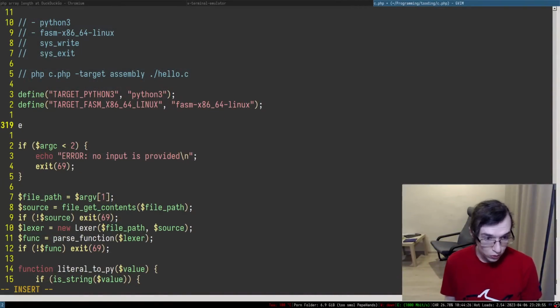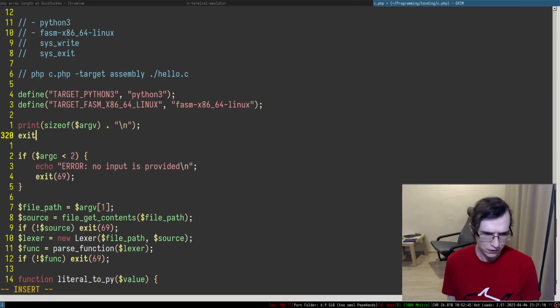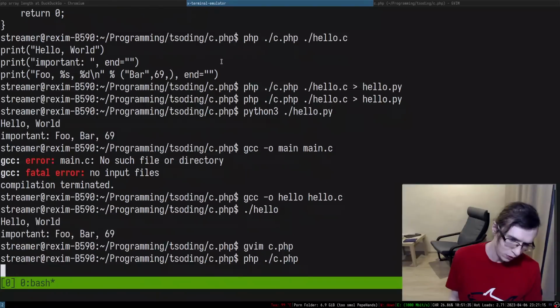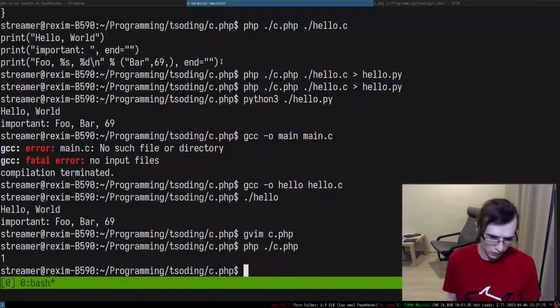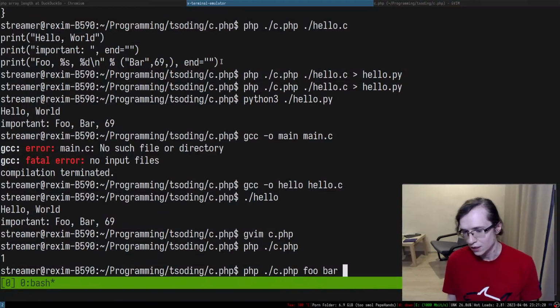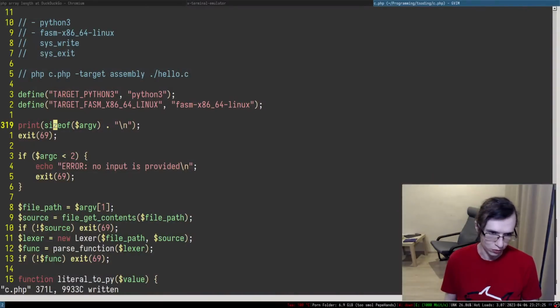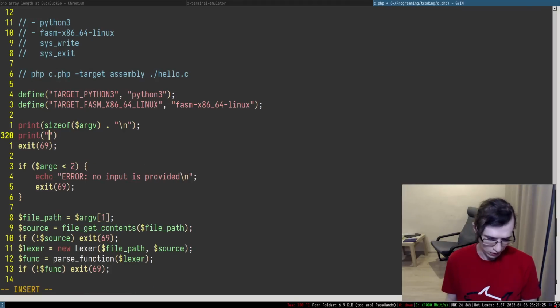All right. So what I want you to do, with Vim it's a little bit better, is just take the size of argv, so something like this, and maybe exit with 69. Then I'm going to run this entire thing, php c.php, and it says 1 because I didn't provide any arguments. But if I provide foo bar baz, it has 4 of them, and one of them is the program, right? So if you essentially just print